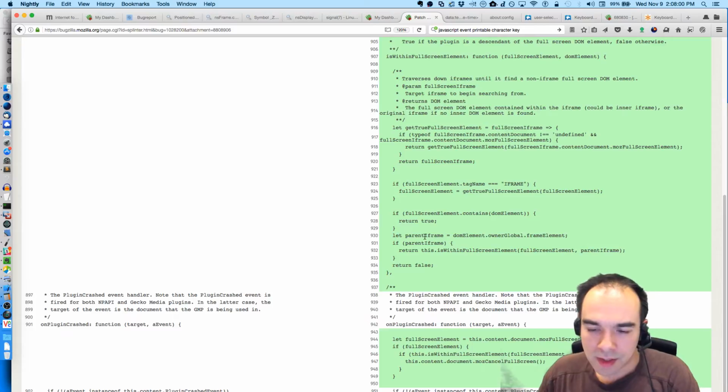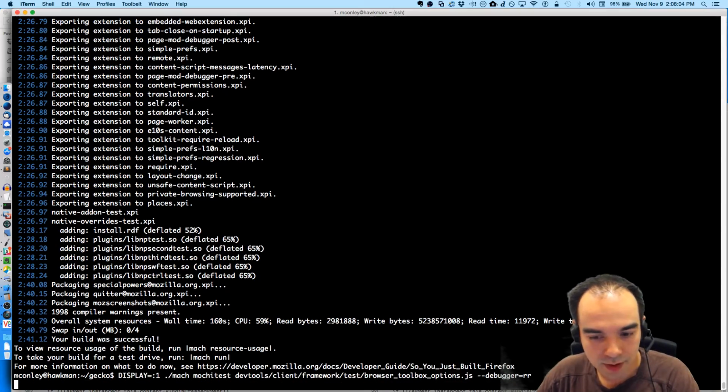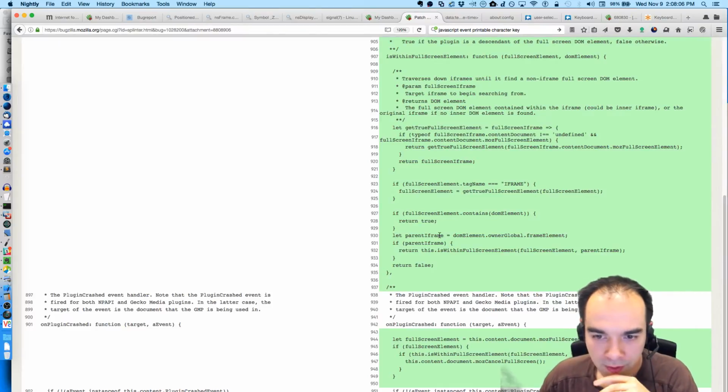We check to see if, oh, and we're done our build. So let's just really quickly see if that's gonna work. We get the parent iframe. We see if there's a parent iframe, or if the element is within an iframe, and if so,